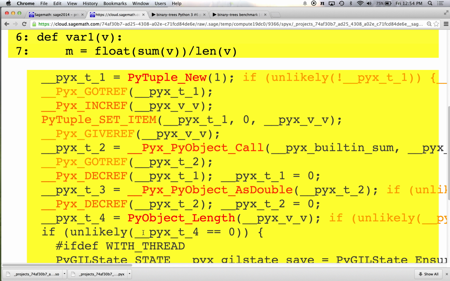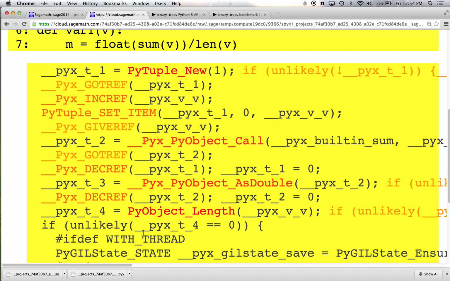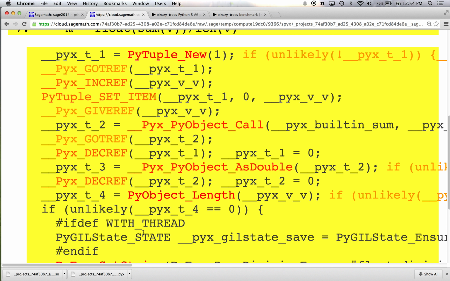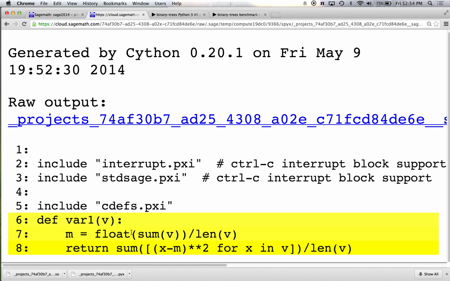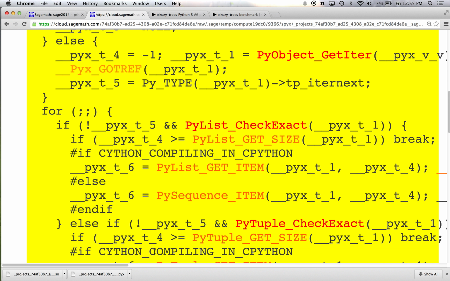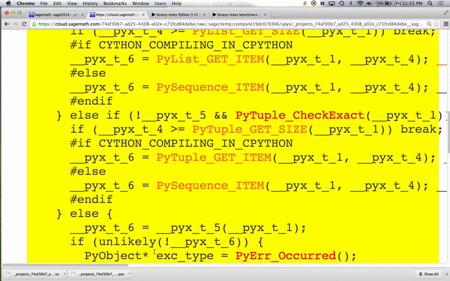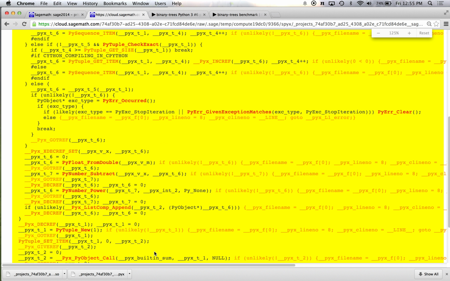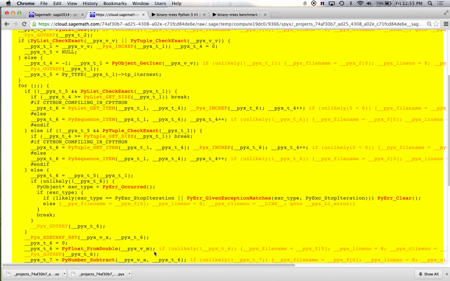What it does is it parses the code that you wrote and then generates this code right here. And it's really daunting. I mean, it's always very long. And then the next one, if we click here, we'll see what the second line gets turned into. And again, it's painful to read because the variable names are all big and there's all kinds of error checking in there and so on. Notice it turned that sum into a for loop in C. So it's big, but it's actually faster.